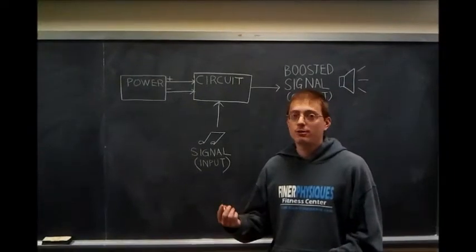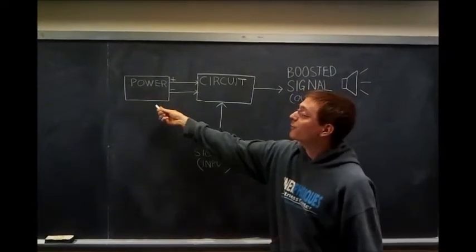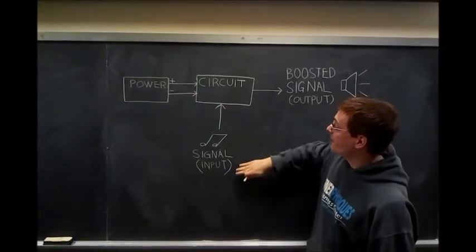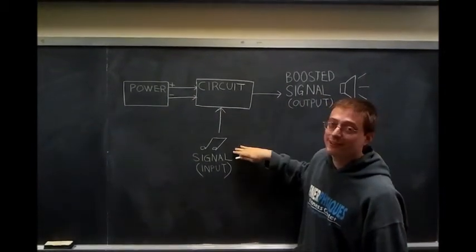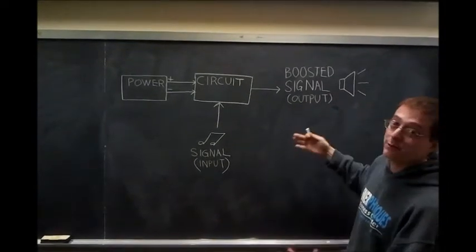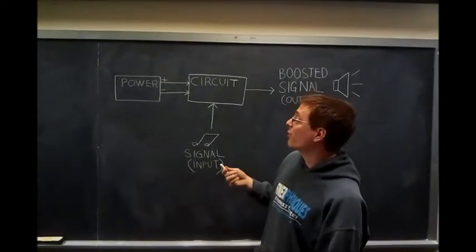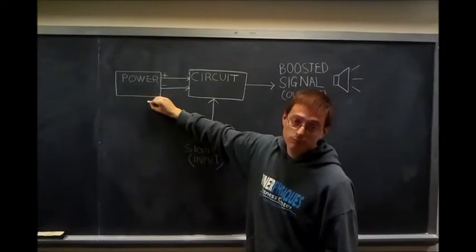We have a very general diagram of how it works. We're going to have a power supply. The power supply powers our circuit. We have a signal input, in this case it's music, and then it's going to boost the signal, louder music, and that's our output. And so when we begin, we're going to start with how to do your power,